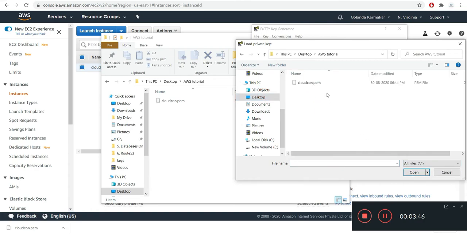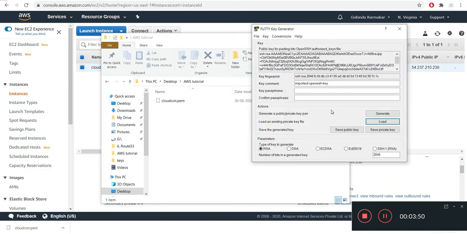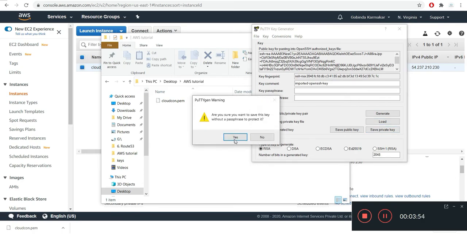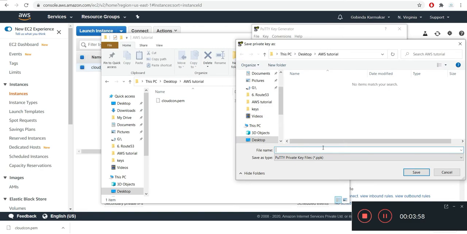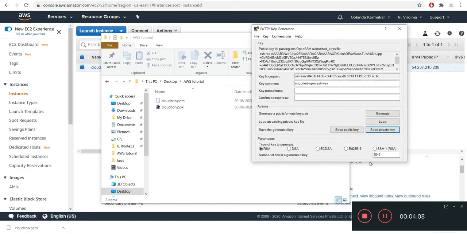Let all files come. cloudcon.pem. Open. Okay. Save as a private key. We'll name it the same name, cloudcon, and hit save. See, cloudcon.ppk.